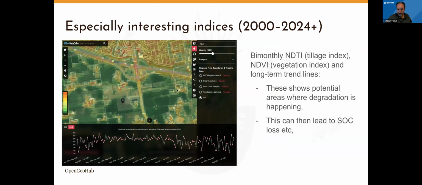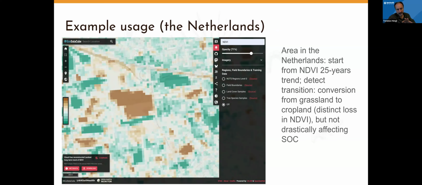And then also bi-monthly vegetation indices. And if you query any point, you can get the values in real time. You can see that it's kind of like the health of the ecosystem. You see there are some oscillations, you have some stability periods. And then you can see, in this case here, there's a little decrease in NDVI. So from 2015, we see that something's happening. And this decrease in NDVI could lead also to loss in soil carbon. And so we publish all these trends.